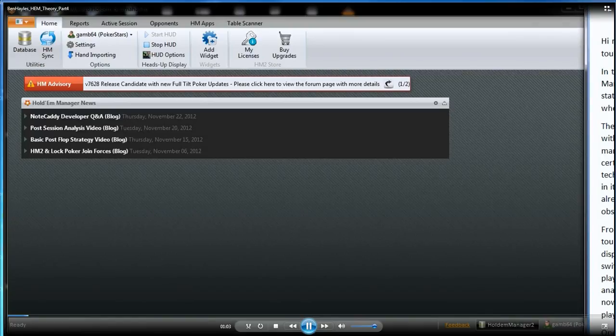I know many players underutilize Hold'em Manager 2 because they are unaware of certain features, perhaps slightly daunted by the prospect of trying to use the technology, or sometimes simply because they are unwilling to invest enough time in it. I think I will be able to help out most of you to some degree, even if you are already